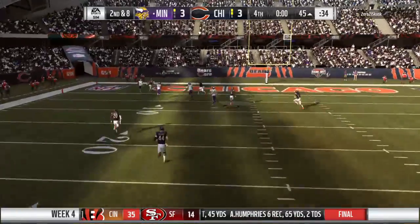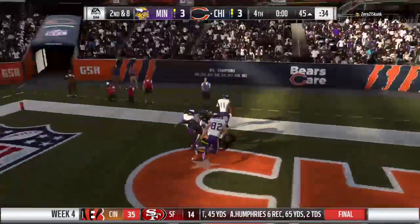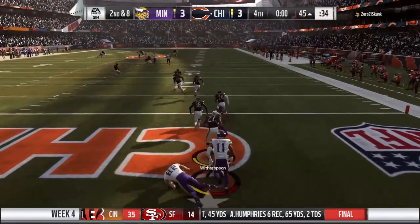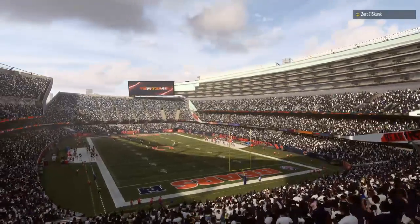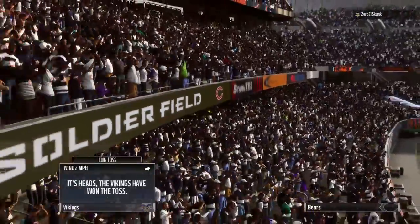He's going to loft one deep left side here. And this is going to be intercepted. Picked off by Keller Witherspoon. And a big turnover there as his guys will get